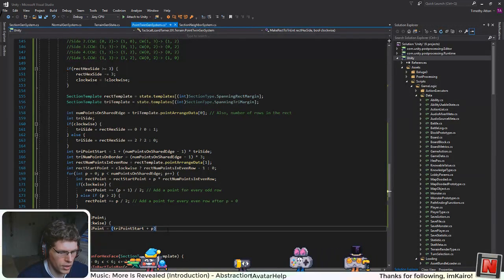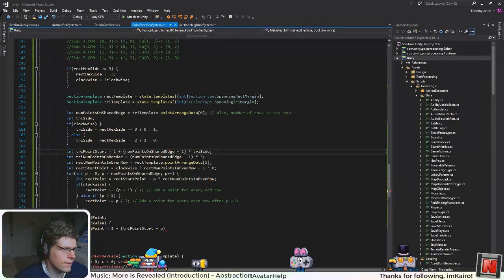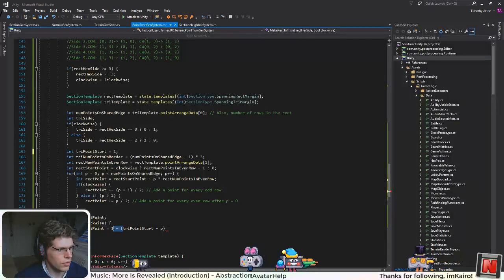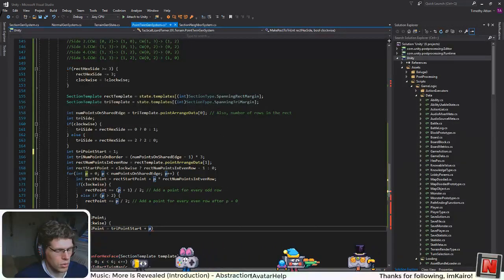And the reason I have to do that is, again, I have to add 1 because of the center point. Okay, let's see this. So we'll do tri-point start plus